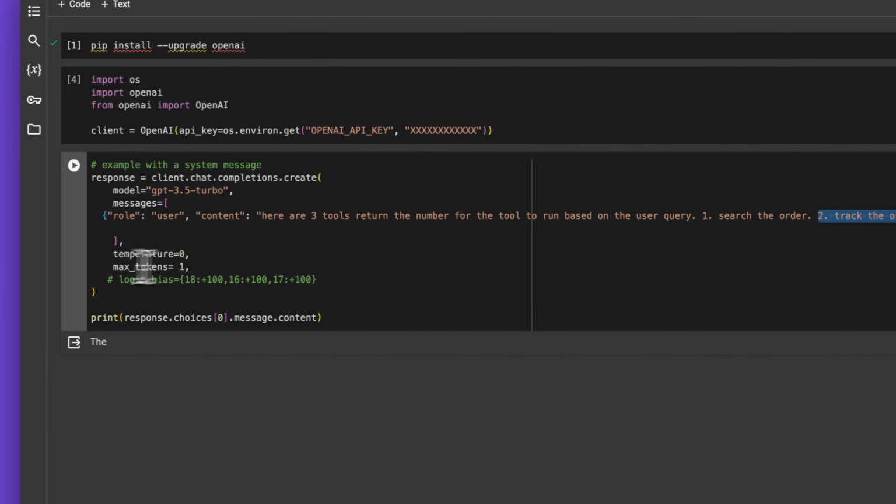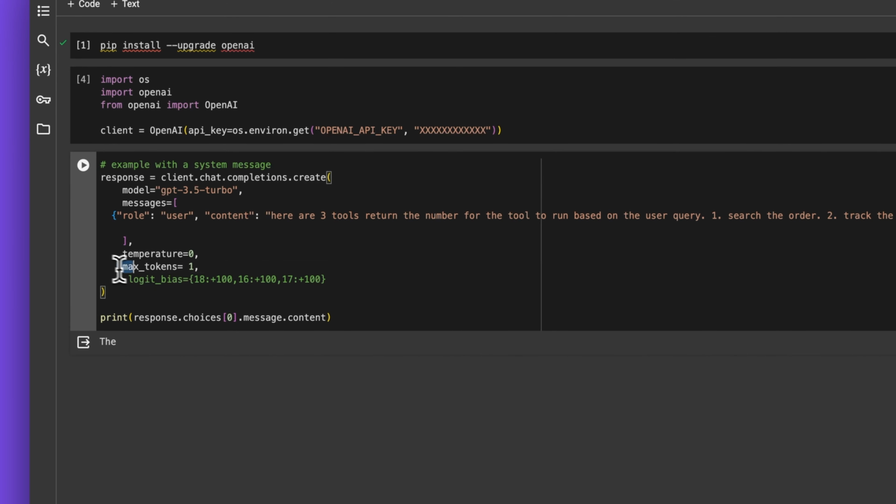Okay, so the tool that's going to be returned is going to be number 2, track the order. And I've set the max tokens to 1 here as well, so a token is just a word or a number, etc. If I just do that now, okay, it's getting number 2. That's a good example. If I do this enough times,